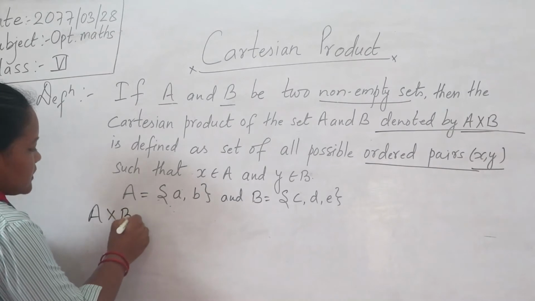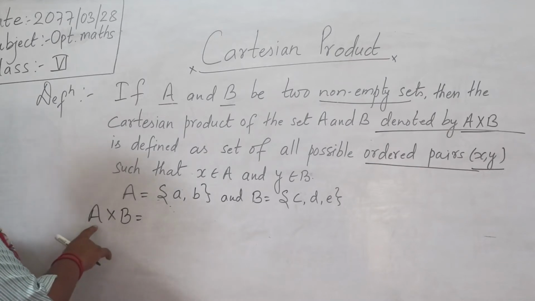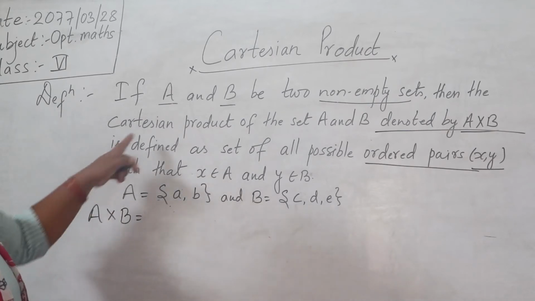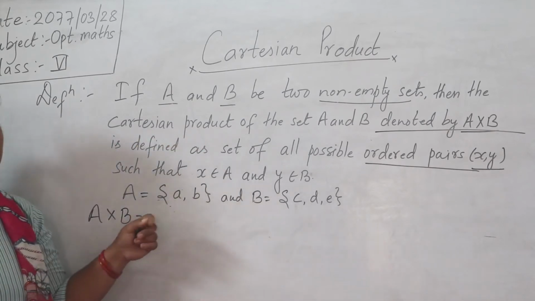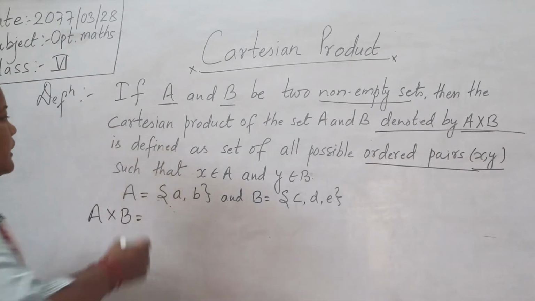A cross B, we read as A cross B, not A multiply B. The Cartesian product of sets A and B is denoted by A cross B and defined as